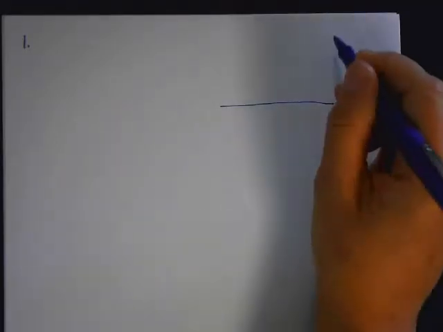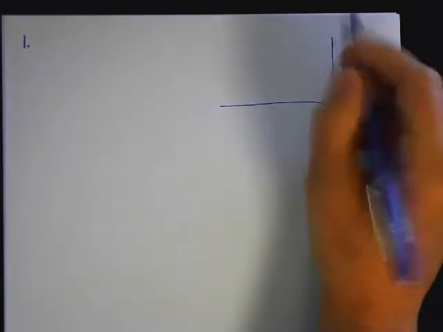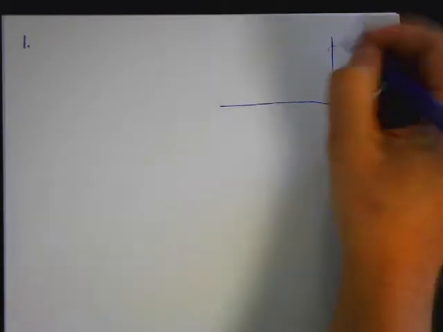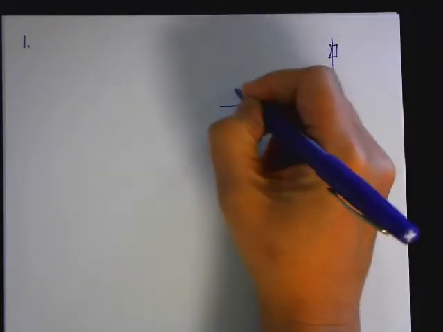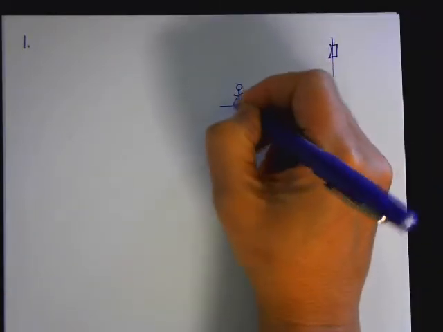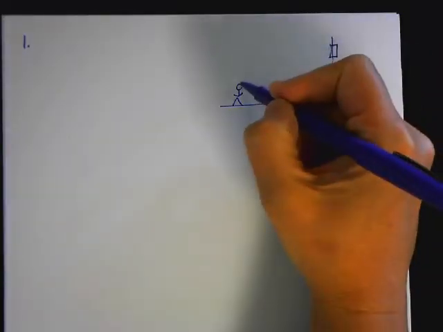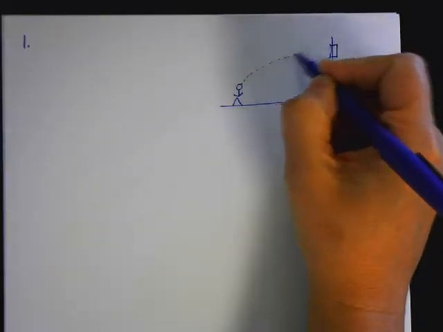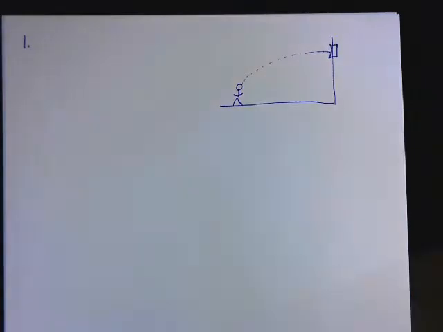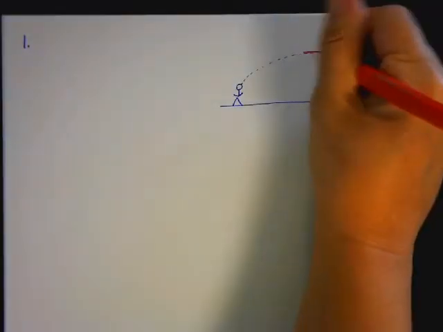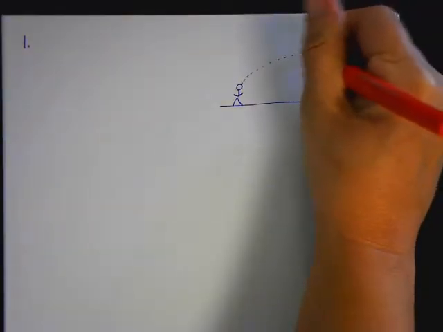And he wants the pebbles to hit the window only with a horizontal component of velocity. So this is actually a little bit different than what we did before. So I'm just going to draw a little picture. And let's say this is the window. And let's say he's over here. And when he's throwing the pebbles, the key to this problem is the final velocity, this is my final